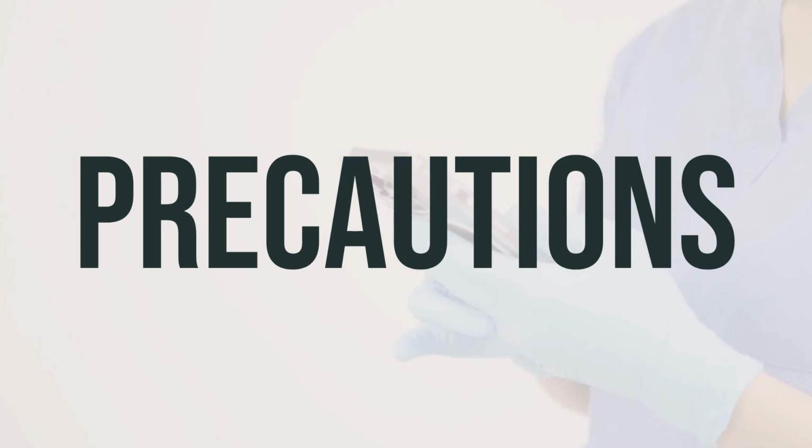Before taking calcium 600+D plus minerals, it's important to let your doctor or pharmacist know if you have any allergies to it or other vitamin D products. This product may contain inactive ingredients that could cause allergic reactions, so it's best to talk to your pharmacist for more details. Additionally, before using this medication, make sure to inform your doctor or pharmacist about your medical history,